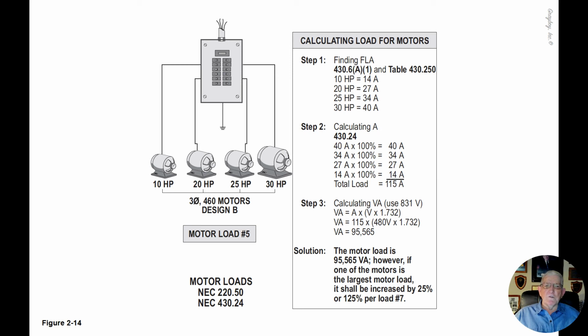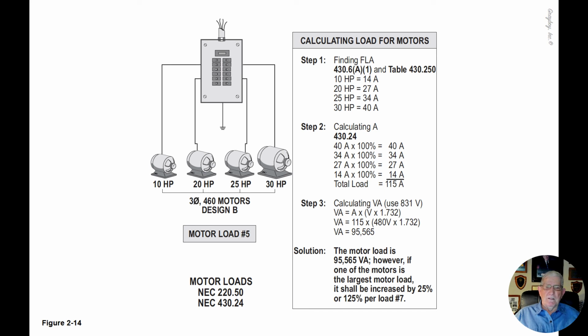Now the 10 horsepower motor using our 460 volt column is 14 amps. The 20 horsepower motor is 27. The 25 horsepower motor is 34. And the 30 horsepower motor is 40 amps. Now in step 2, we would take these full load current ratings of the motor, and we would take them all at 100%. So when we add the 40, 34, 27, and 14 amps, we come up with 115 amps